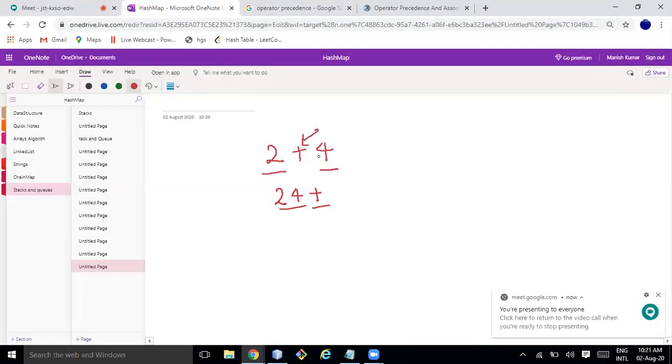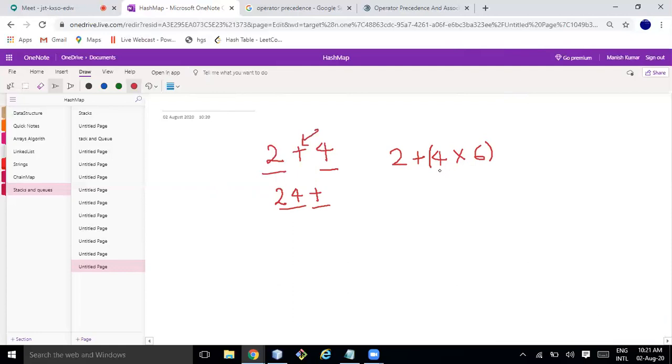So let's say now I have 2 plus 4 into 6. As a human, if I ask you to convert this into postfix expression, you can convert it, because after looking at the expression at first glance, you will see, yeah, 4 into 6 I should do first. So you put one parenthesis.